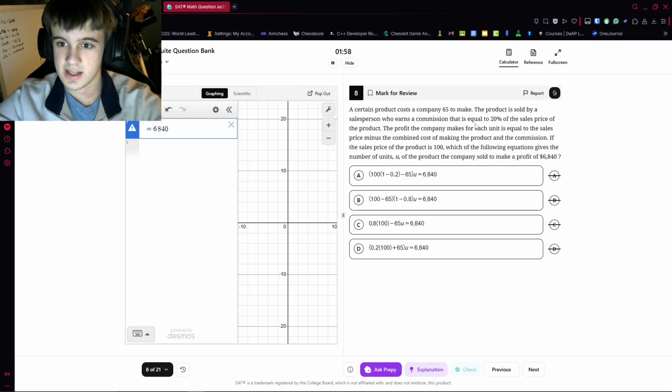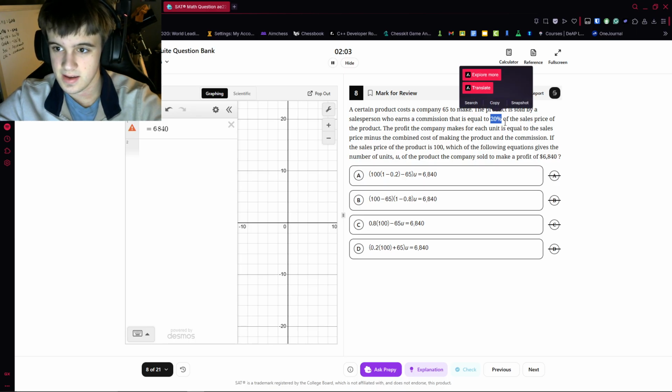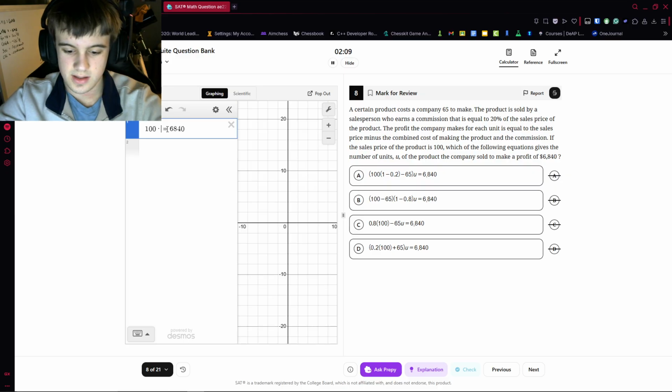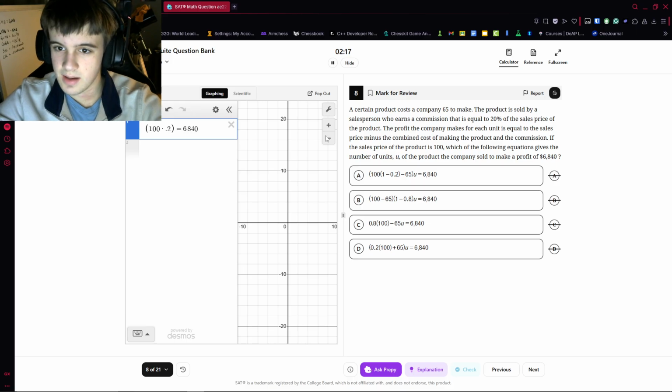The product is sold by a salesperson who has a commission of 20% of the sales price. And we see the sales price of the product is 100 right here. So 100 times 0.2, right? And then it's given that the profit the company makes for each unit is equal to the sales price. So 100